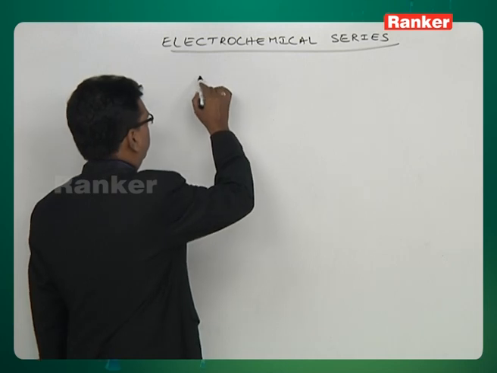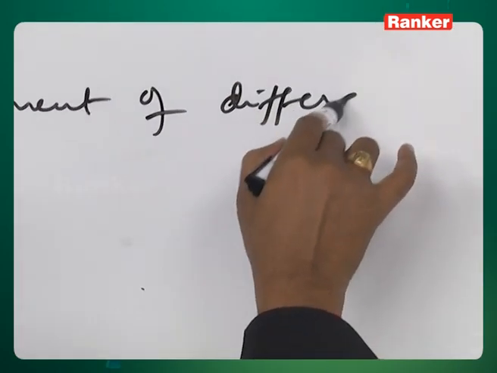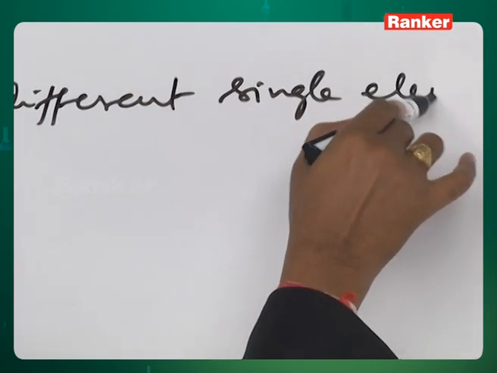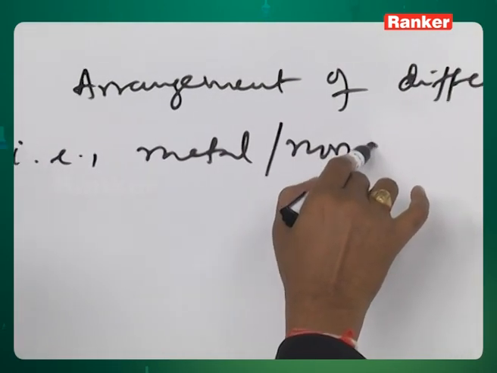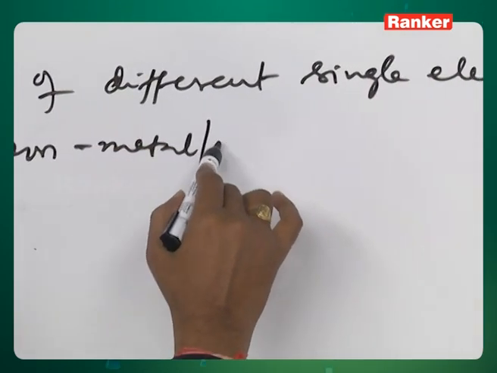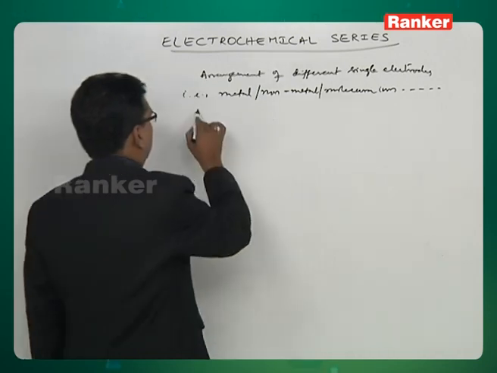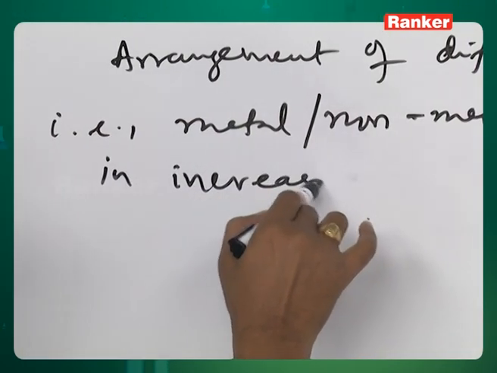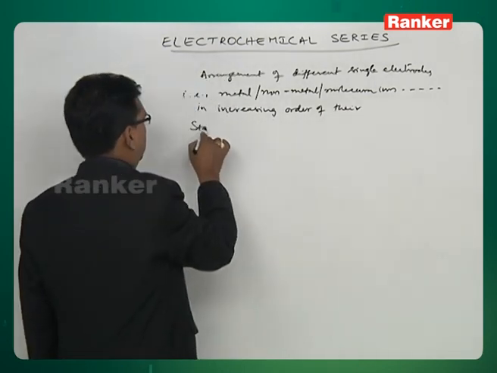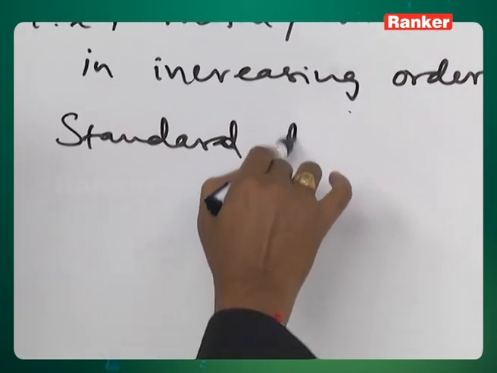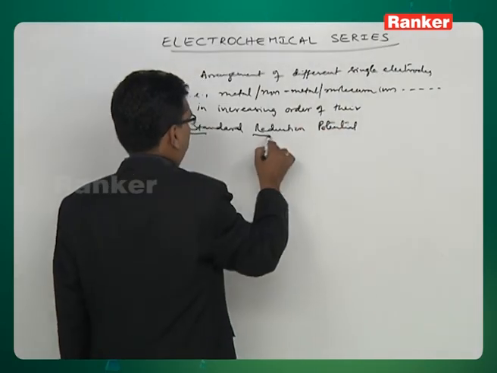This electrochemical series is nothing but the arrangement of different single electrodes, that is metal, non-metal and some molecular ions, etc., in increasing order of their standard reduction potential, SRP,